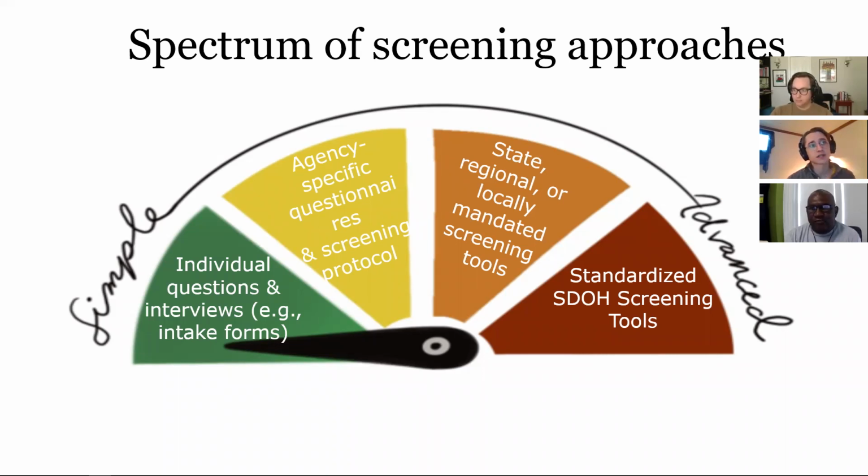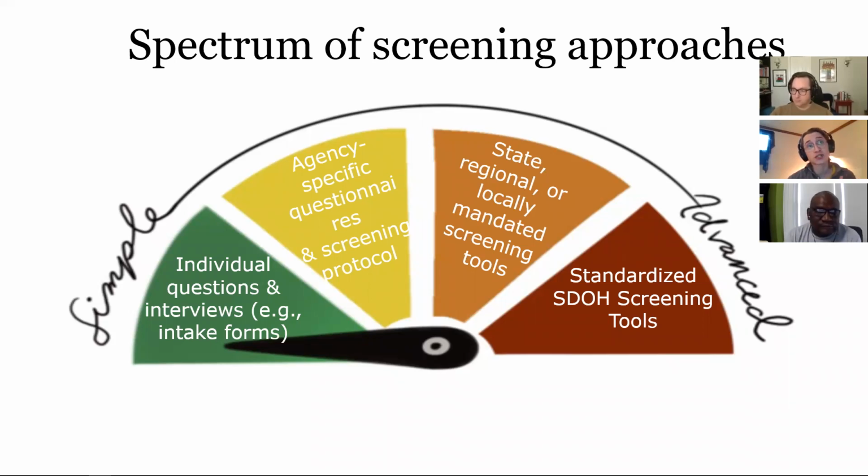So starting on the left-hand side of the spectrum, some health centers are gathering individual points of data for consumers in relatively simple ways, such as asking single questions or taking items off of intake forms. Some health centers have their own unique data tools that they've tailored to the work and the workflow of their agency.